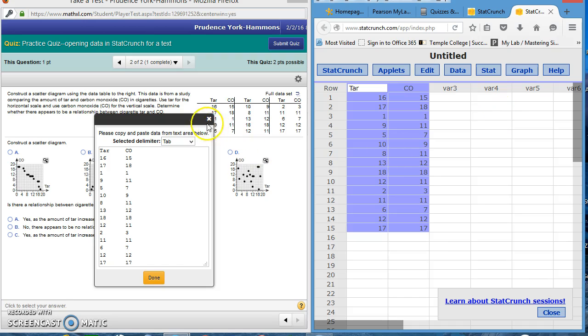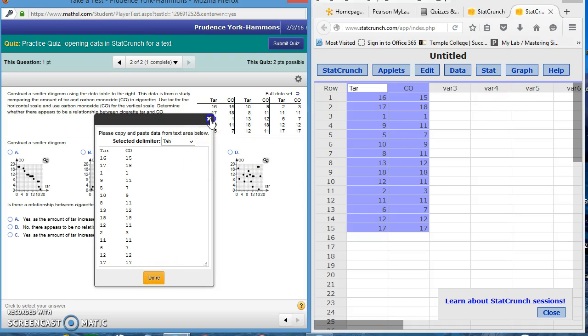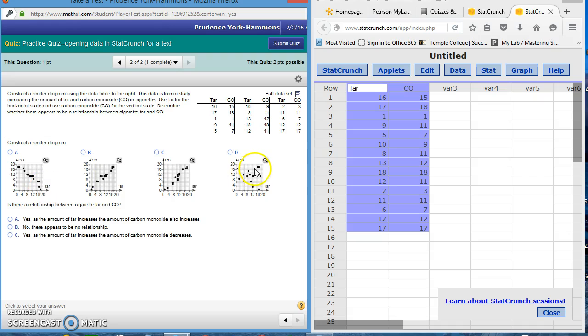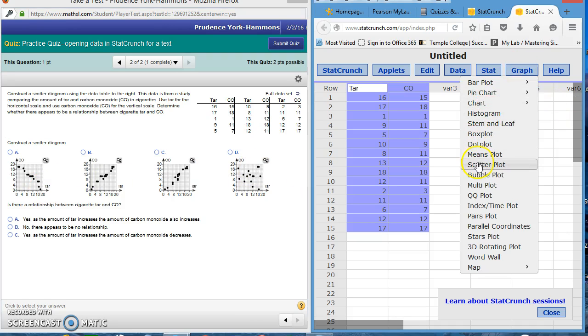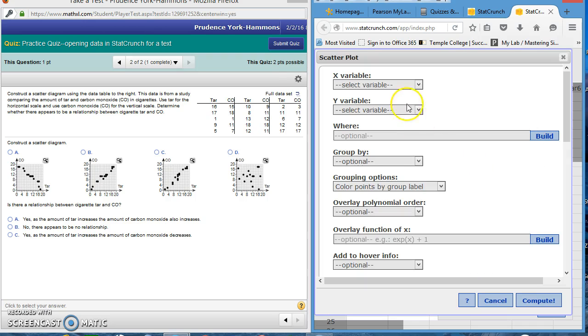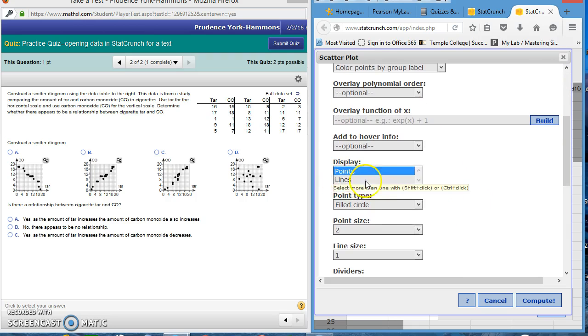We want a scatter plot. I'm going to go over here and close that out so I don't have to look at it. I can see my graphs. Go to Graph. This time go to Scatter Plot. The X variable, the horizontal, it told you would be tar, and the Y variable, it told you would be CO, or carbon monoxide. This time, don't connect lines. All they want to see are the points. So you don't connect them, you just look at the points